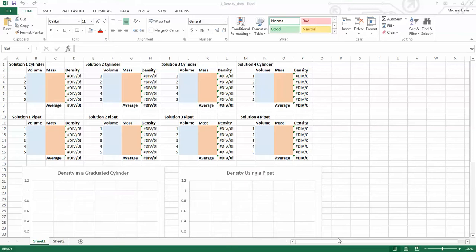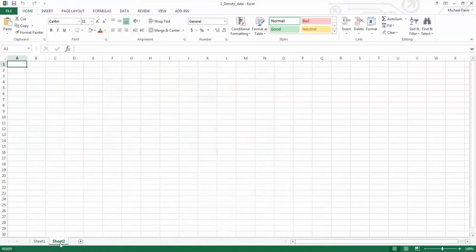Hi everybody, I am going to show you how easy it is to make an Excel spreadsheet, kind of like the one I did here that does a lot of work for you. This is the final product, but I'm going to reproduce just this little bit over here so you can get a sense of what went into it. So I'm going to go over here to a new sheet, and I'm going to call this Solution 1